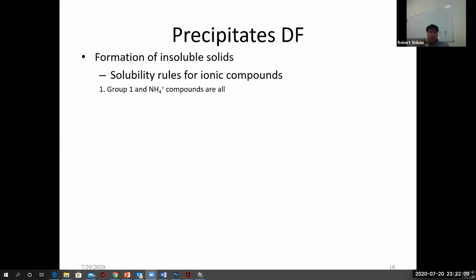And so, do you notice anything about the solubility rules? Any patterns? I assume you've read through it at least once. I don't remember when I wrote down the solubility rules. Does anybody remember when we covered those? It should be in your notes, and you probably should have seen it more than once.